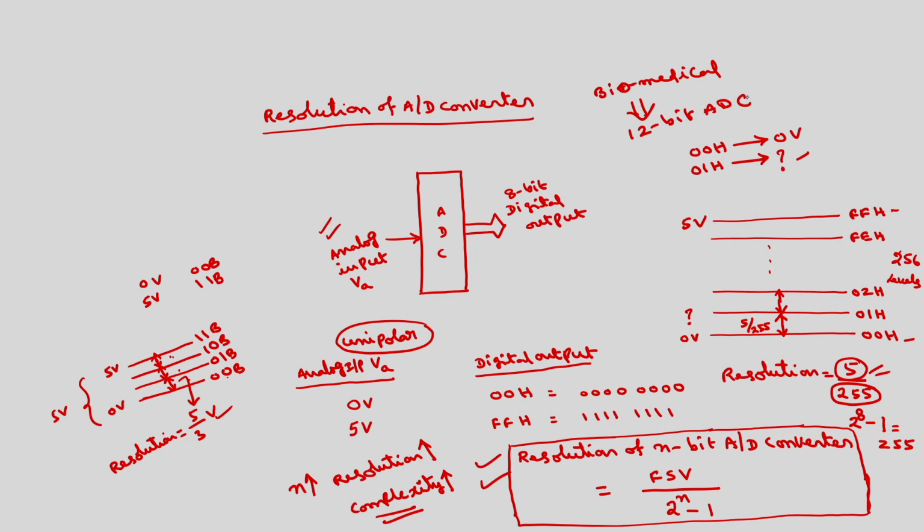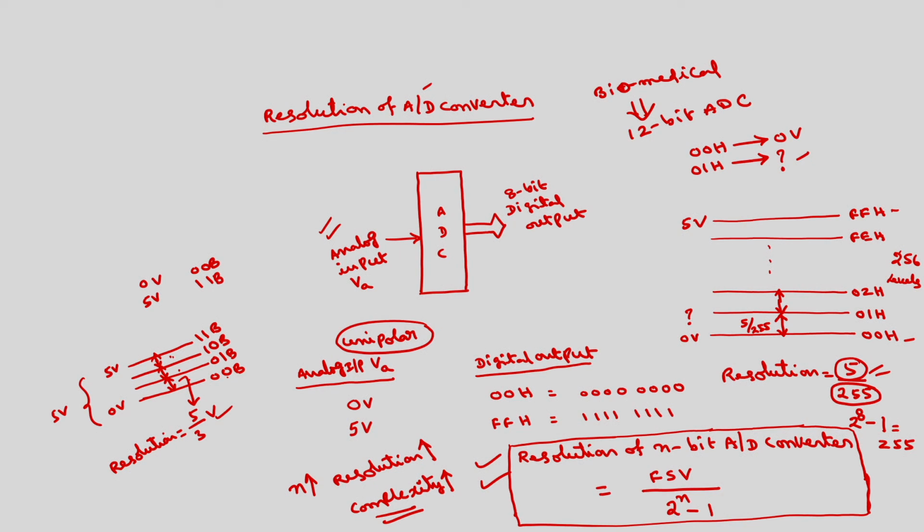And if we take general image processing applications, most of the information is related to the background of the image, which is not important. So an 8 bit ADC is also enough. So this is about the resolution of the A to D converter, and we have plenty of applications of A to D converters. On the other side, as I told in the last lecture, most real world signals are analog in nature. So we convert them into digital by using an A to D converter, and then we process.